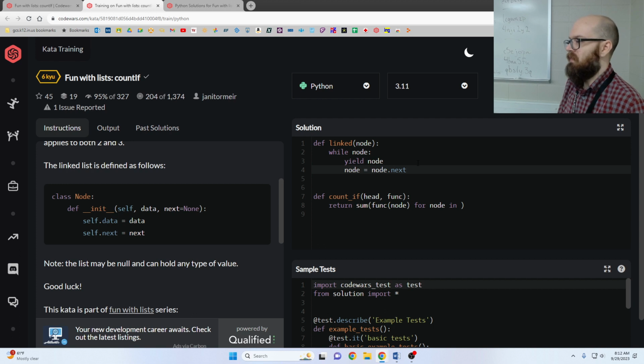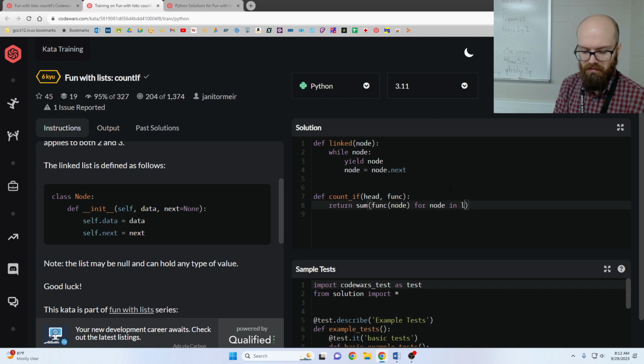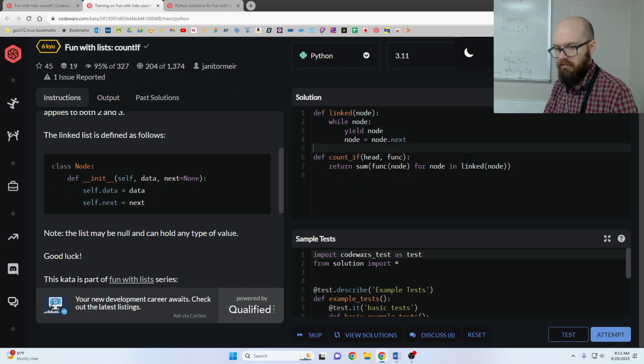gives you a 0, and then when you get back again at the top of the loop, it gives you a 1. And when you come back again at the top of the loop, it gives you a 2. And it will exhaust those items until it's out, and then the loop moves on. So now we can loop through this and say linked node and do what we wanted to do all along after this generator